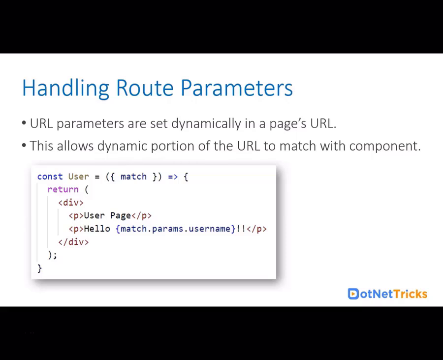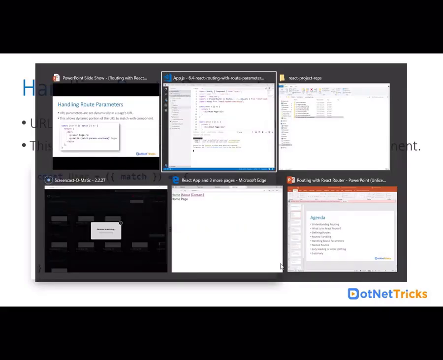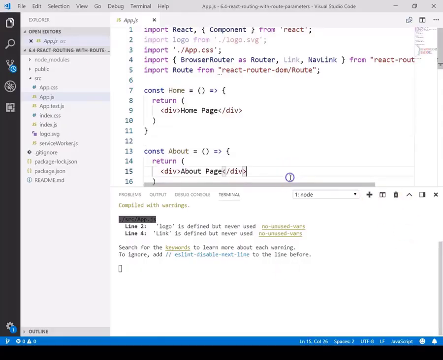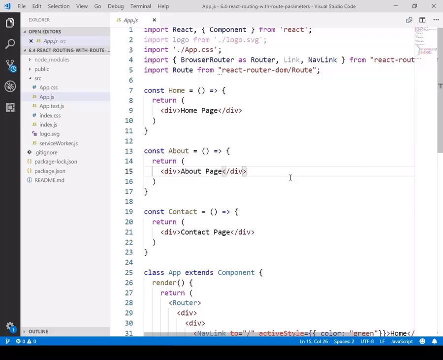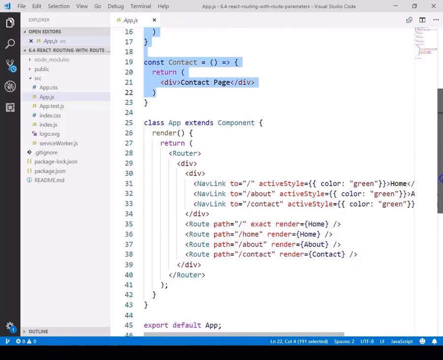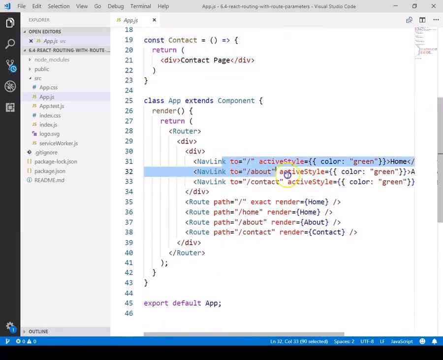Let's understand this practically. This is my application that we have discussed till the last discussion. We have three stateless components: home, about, and contact. We have navigated them with the nav link, with the route to be decided, which is a default route, home, about, and contact.